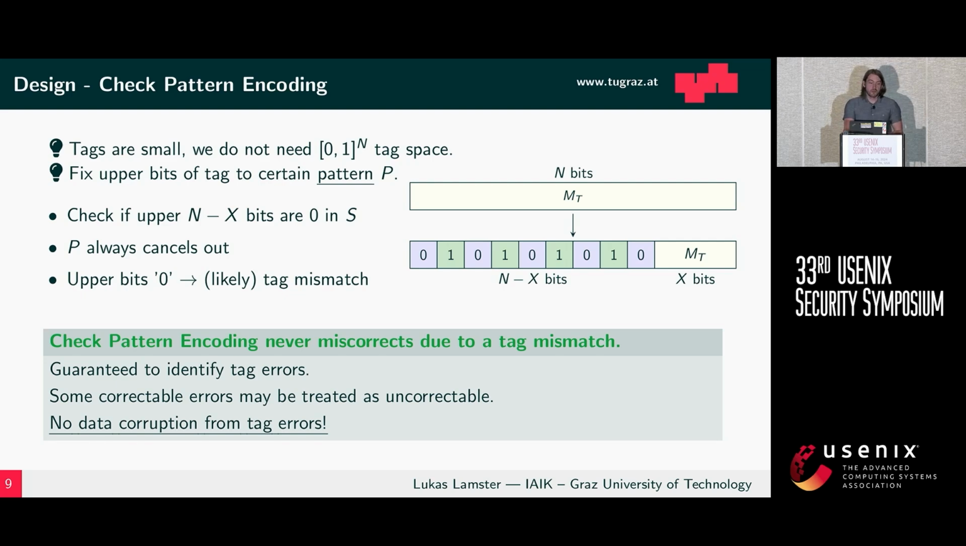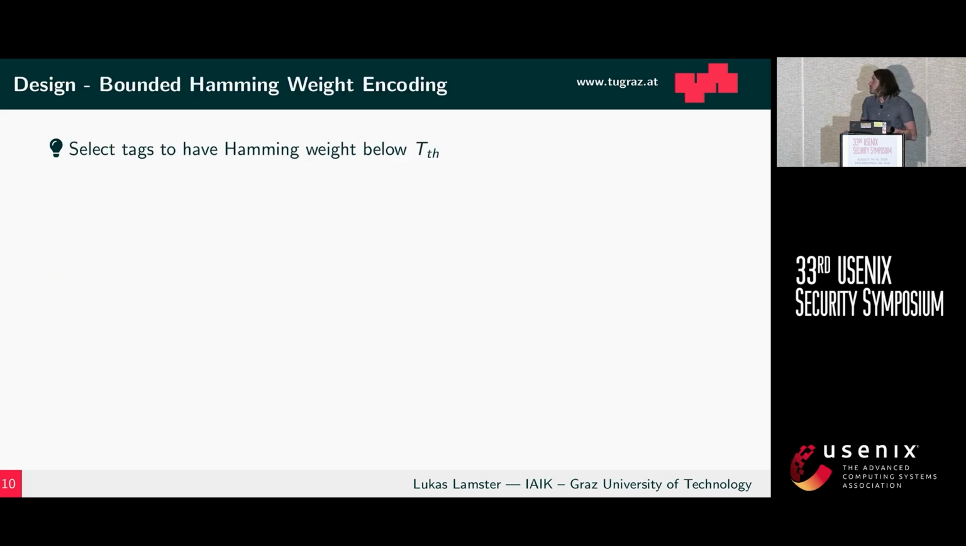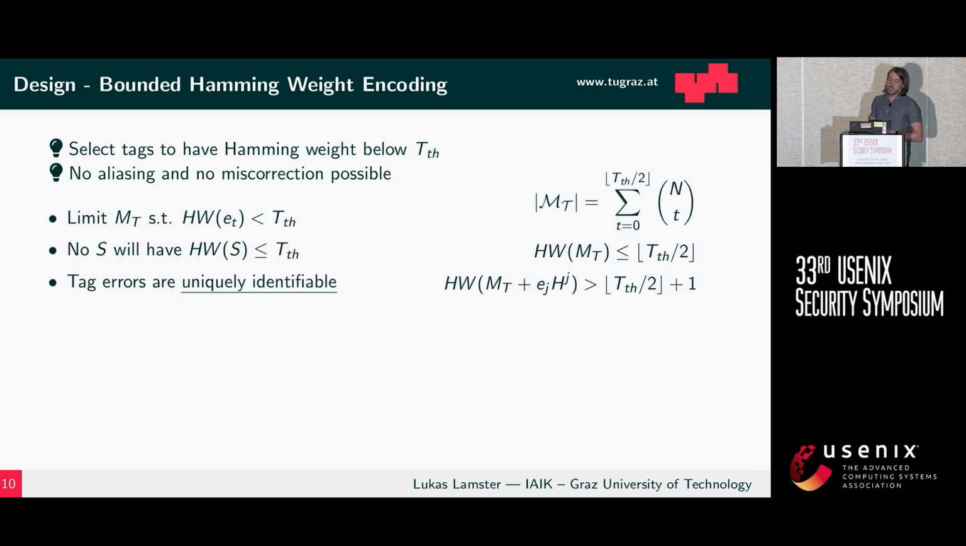We can even go a bit further, become even a bit more smart here and say, okay, we have this weird constraint on the syndromes, on these error vectors, that the Hamming weight has to be above some certain threshold, which means everything below this Hamming weight threshold is basically fair game for us. So when we encode our tags such that tag differences always stay below this Hamming weight threshold, we can uniquely